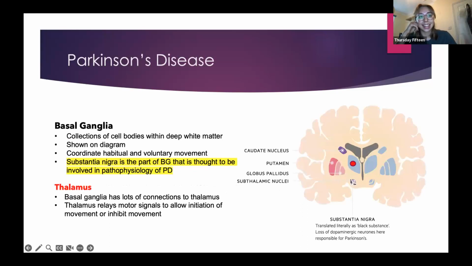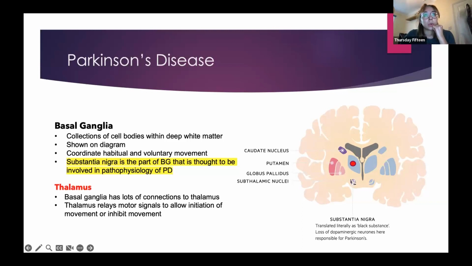Please don't hate me, but I thought it might be quite useful to just go over the neuroanatomy. This is a really nice diagram of all of the areas that are involved in the basal ganglia. The basal ganglia is a collection of cell bodies in your deep white matter that is implicated in Parkinson's disease. The areas are pointed out on the diagram in purple and pink. The blue areas in the middle, medially with the red dot on, that's the thalamus. That's not in the basal ganglia, it's just the pinky purple ones.